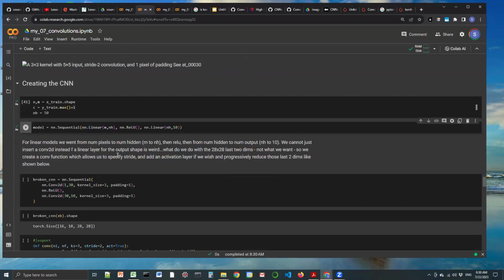Now, the interesting thing here is this is the network that we had, but what we want to do now is use the convolutional neural networks in order to get a similar result. But when we try to use the convolutional neural networks to go from, let's say, one channel to, for example, let's just pick a number, 30 channels, and our kernel size is 3, and we keep a padding of 1, and then we put a ReLU, and then again we use a convolutional network to go from 30 to 10, much like a linear network, then